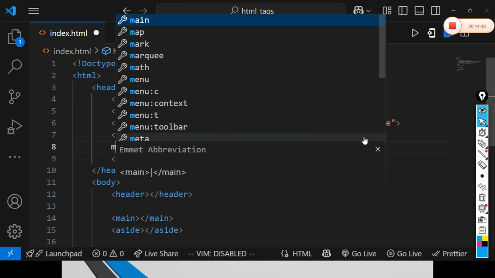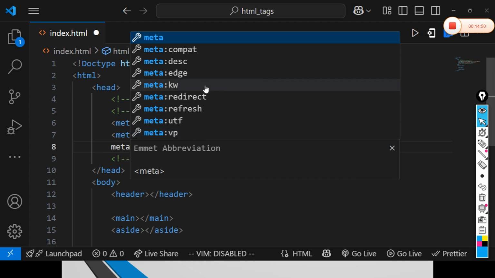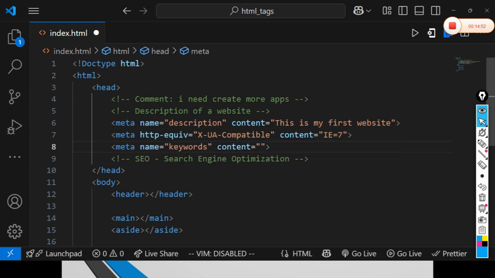We'll have many other meta tags. Without any further ado, we'll have the meta tag of keyword. Keyword describes, in one word, what your app is all about. Here we can say it's all about websites, it's all about design, it might be all about HTML, it might be all about